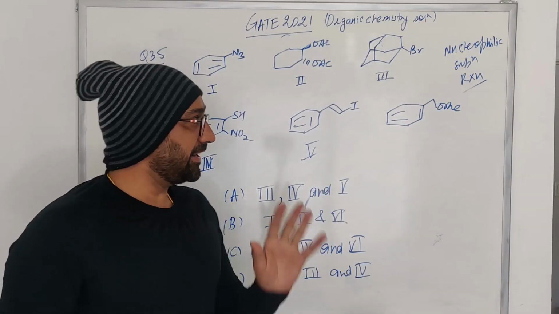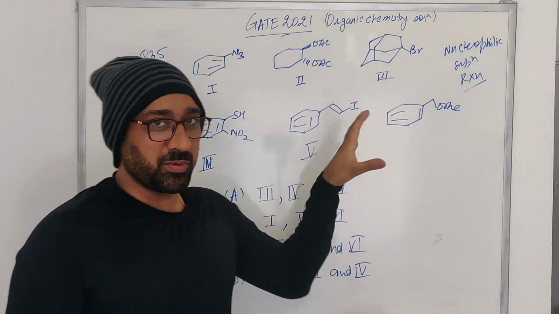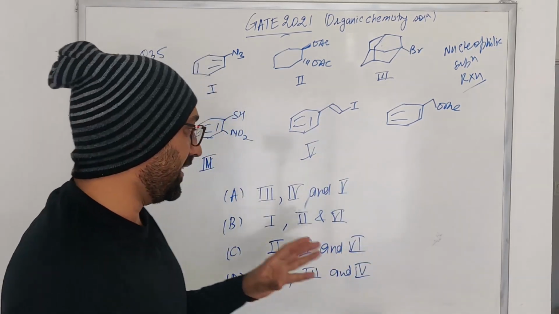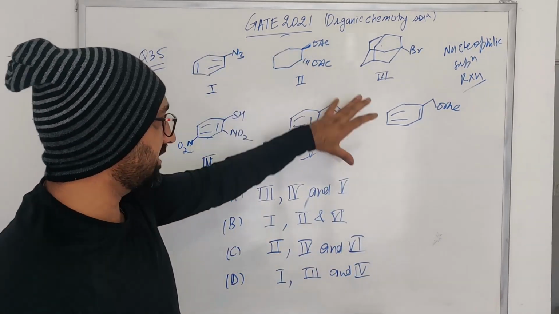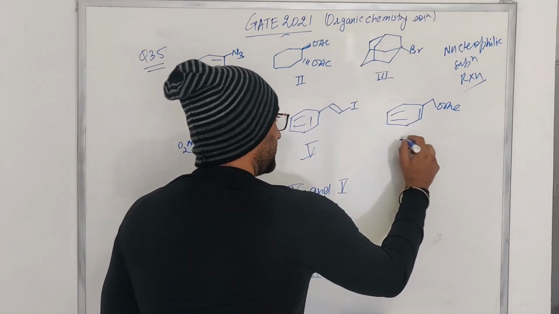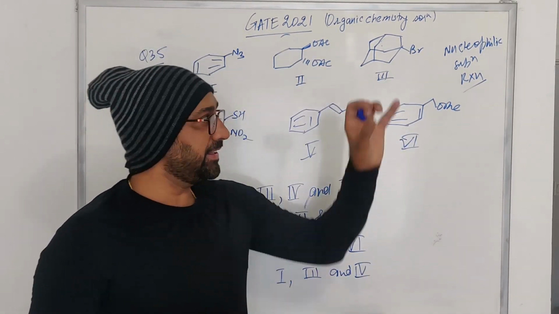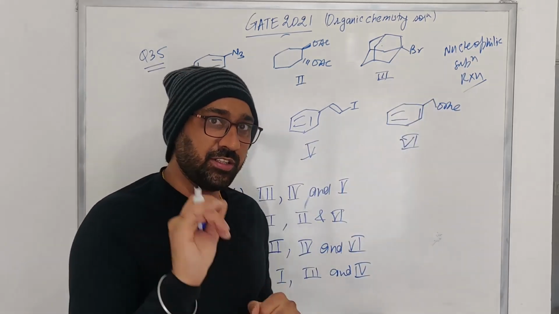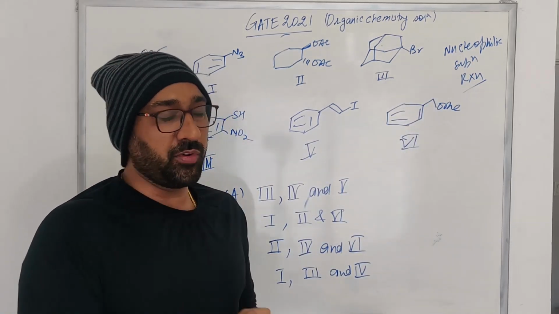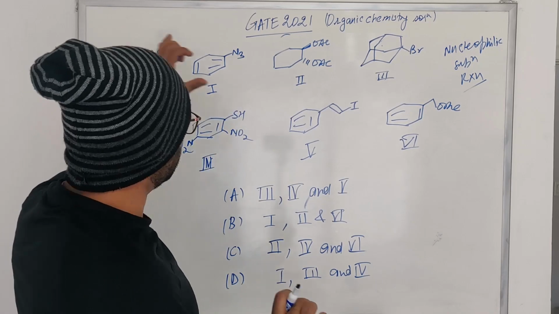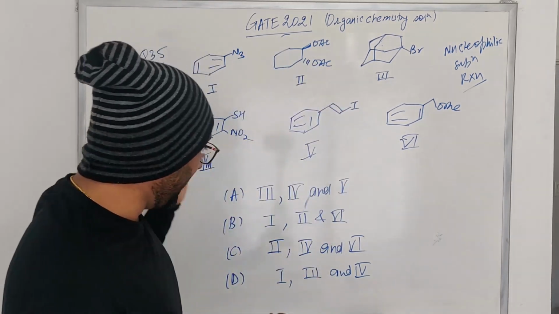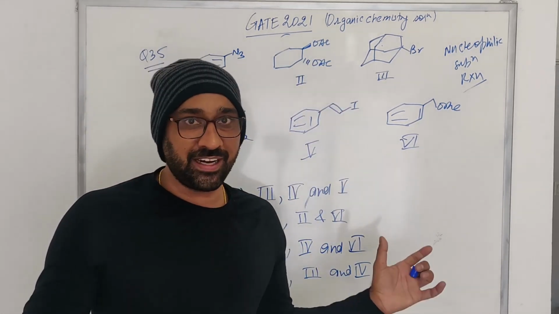So now let's look at another problem. I think this is probably one of the easiest problems they could have asked. They give us 6 compounds, and they ask us which of these compounds can be formed by the nucleophilic substitution reaction. And I'll tell you why this is probably one of the easiest problems, because just looking at certain molecules, we can neglect certain possibilities right from the start.